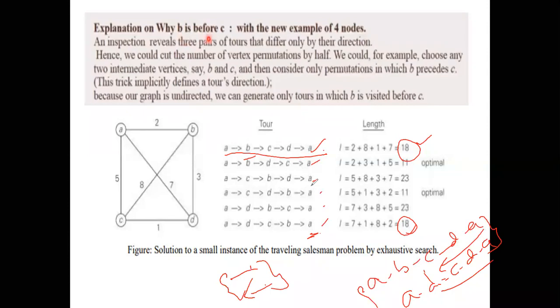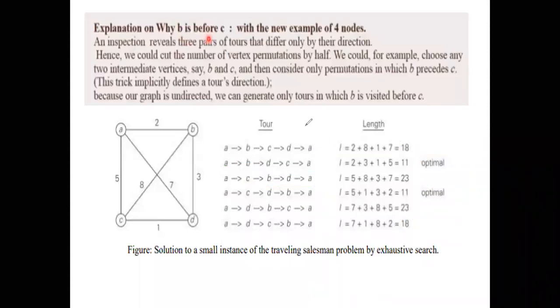Similarly, if you observe these two, A, B, C, D, A, and here A, C, D, B, it is the same, which again gives you the same 11 and 11. So again for these two also. In order to avoid this extra load and extra computation, we are reducing the number of permutations we consider. So how are we doing these permutations? One basic trick is to consider only the permutations in which you observe something, right? So if you observe all of these,